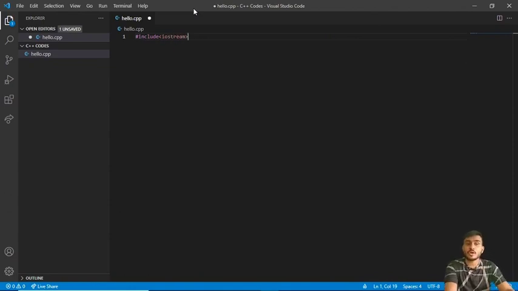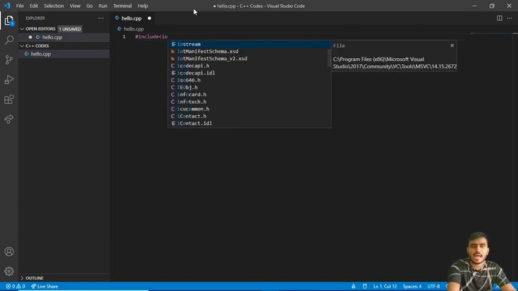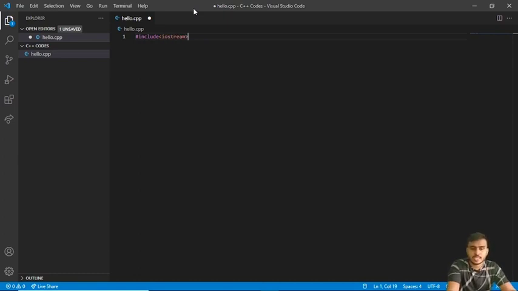So this was the auto completion feature I was talking about. When I'm writing IO, you can see I'm getting some options, and I can choose out of these options. Right now I want to use iostream, so I can just press enter and iostream gets selected. This is the auto completion feature. And how is this feature available in VS Code? This is because of the extension that we installed, that is C/C++ support for VS Code. Then the next line is using